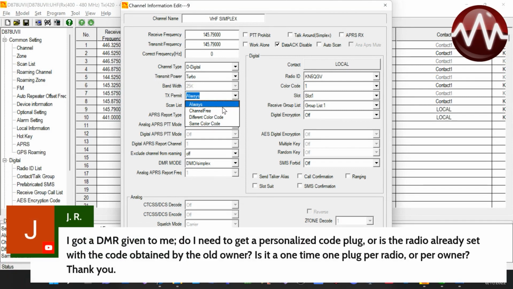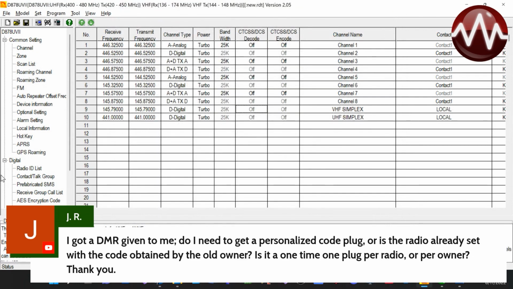I got a DMR radio given to me. Do I need a personalized code plug, or is the radio already set with the code plug obtained from the old owner? Now, code plugs you can use across the board. The issue you have is when we actually come over here, what I'm going to do now is under radio